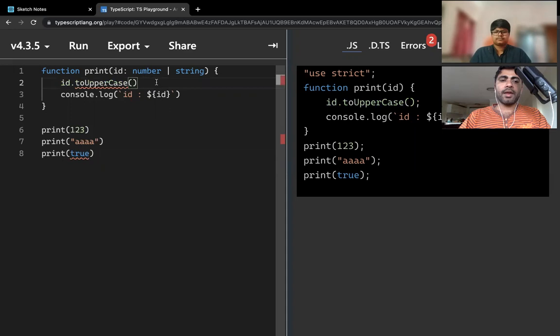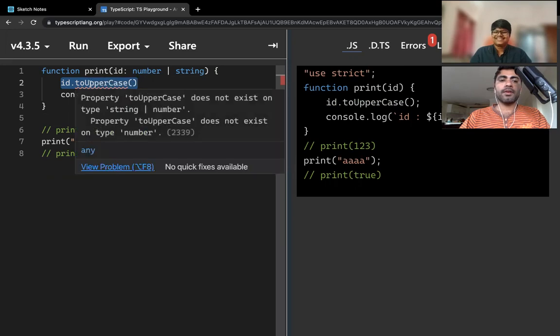As I talked about, if I try to access toUpperCase, you will be surprised that it is not working. It doesn't work because the property toUpperCase doesn't exist on type number.